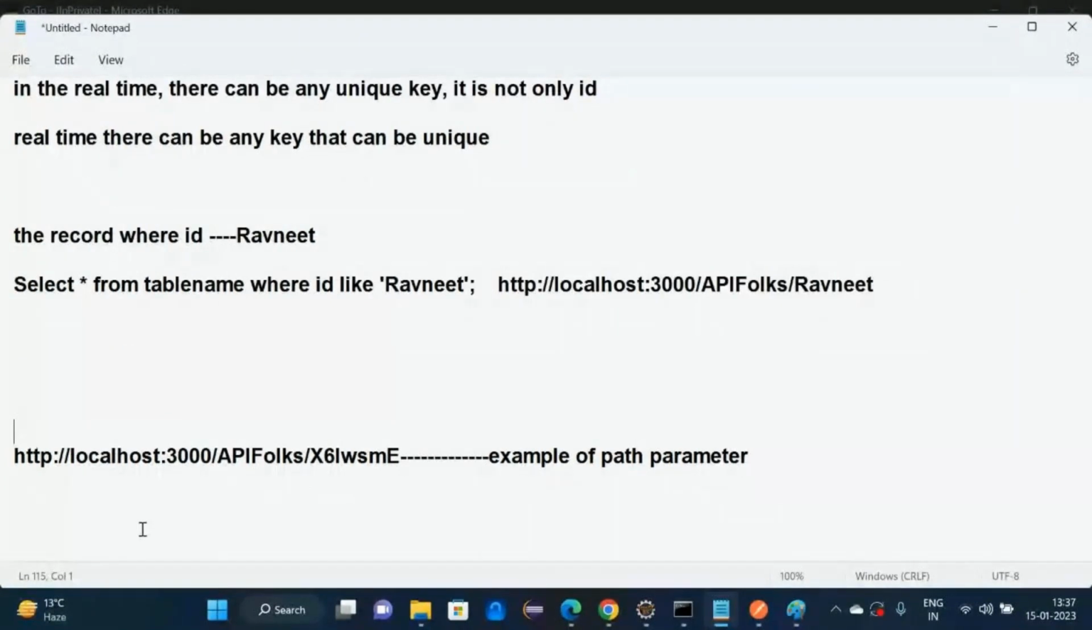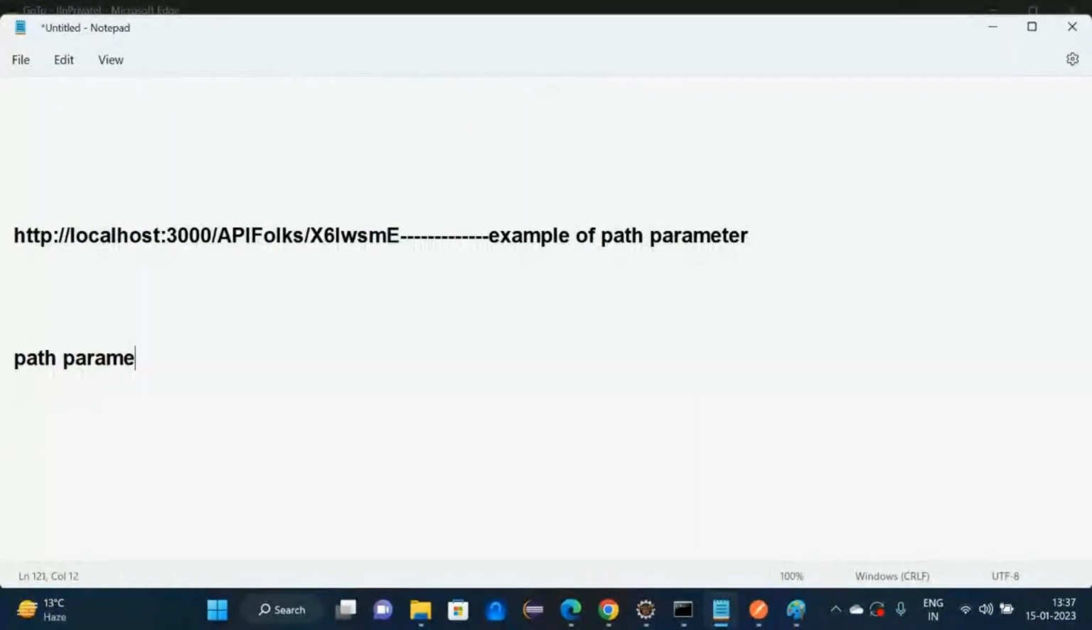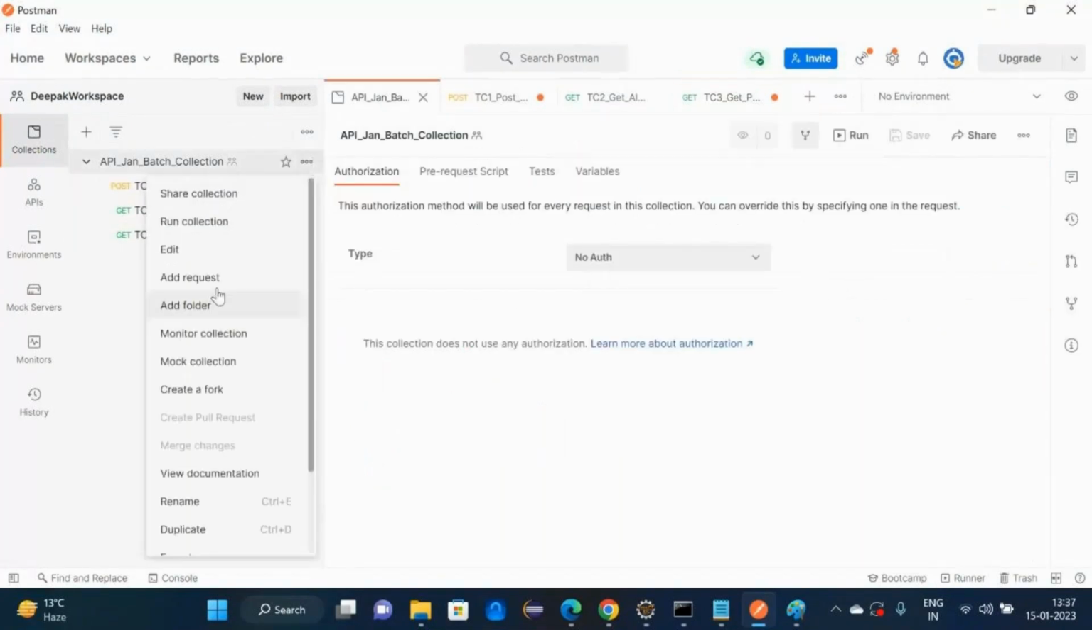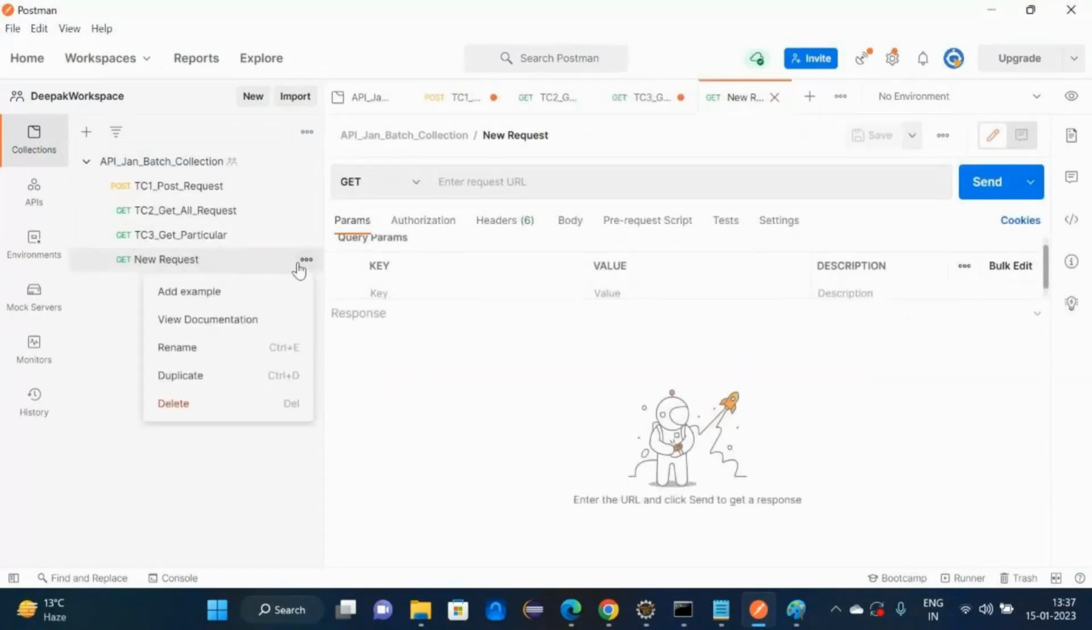Path parameter always starts with the slash, and query parameter with a question mark. Now let me show. Add one more test case. Add request. Rename it. Get query parameter. Now copy your URI till here,